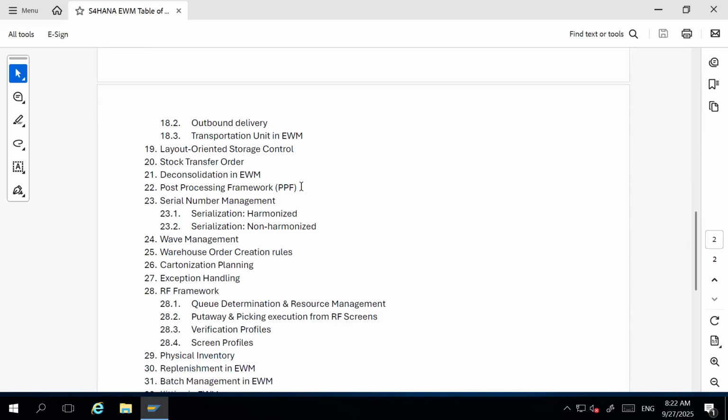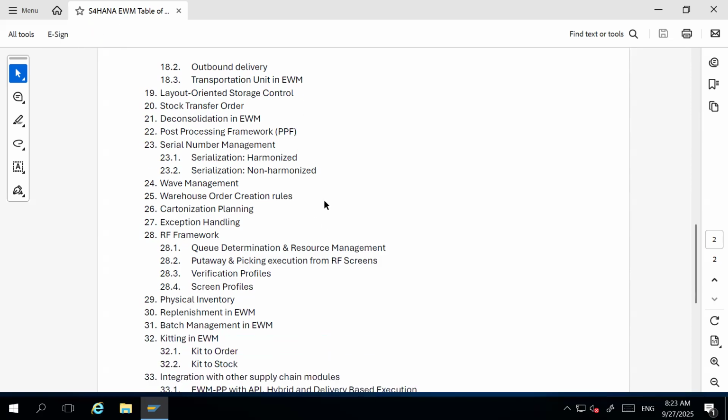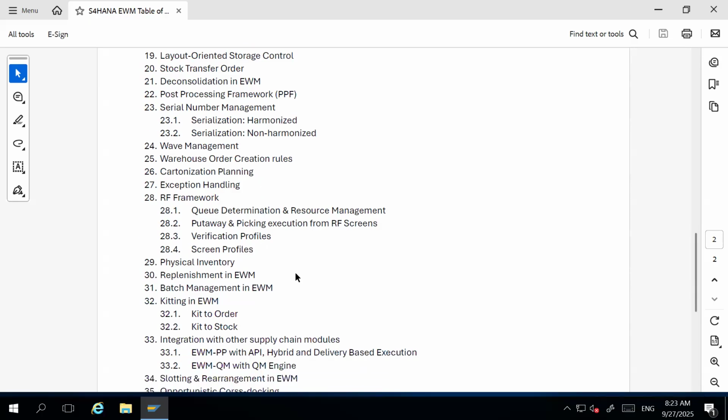Then PPF, post processing framework. It is simply like your output technique inside your ECC system or S4HANA system, outside EWM. To handle that, we have a new technology, a new feature in EWM, which is called post-processing framework, which works similarly as your output technique inside your ECC or S4 world. Then serial numbers, then wave management, warehouse order creation rules, containerization planning, exception handling, RF framework,